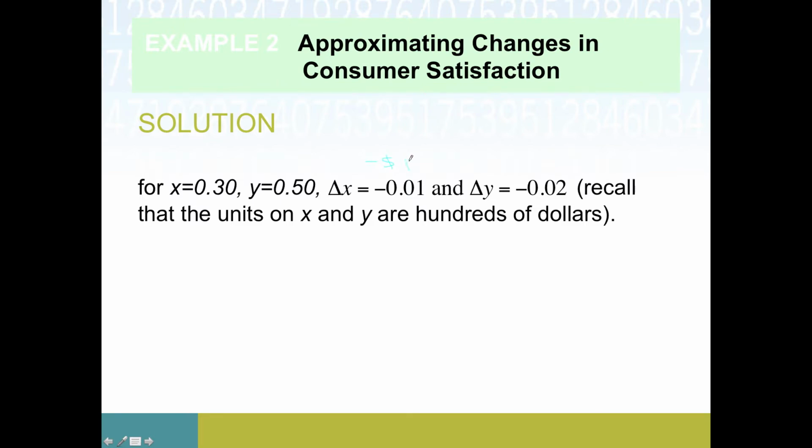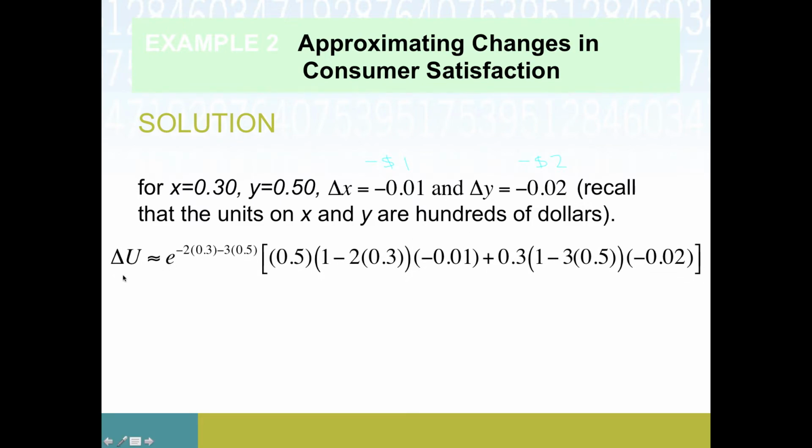So that change was down $1, so negative 0.01 of a dollar. And then a similar story for y. Product B went down by $2, that's negative 0.02. And so, put it all together, the change in U is approximately, again, we're using calculus to approximate a change